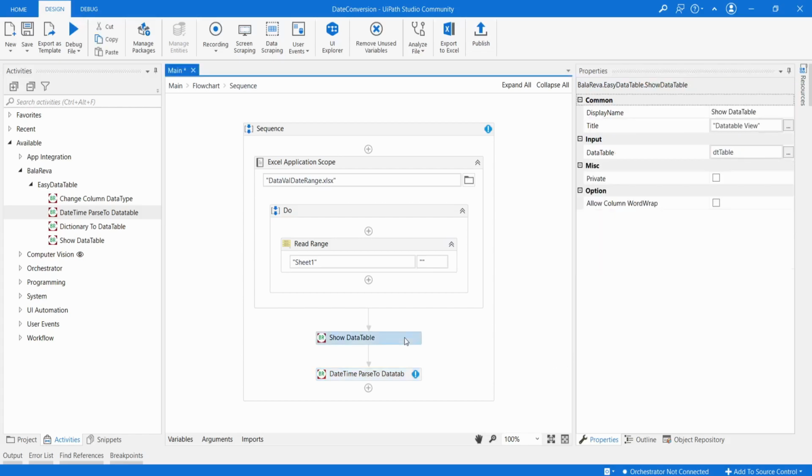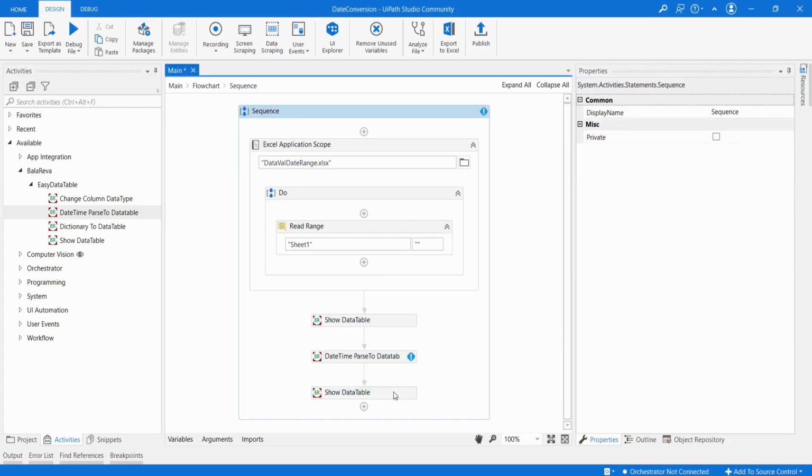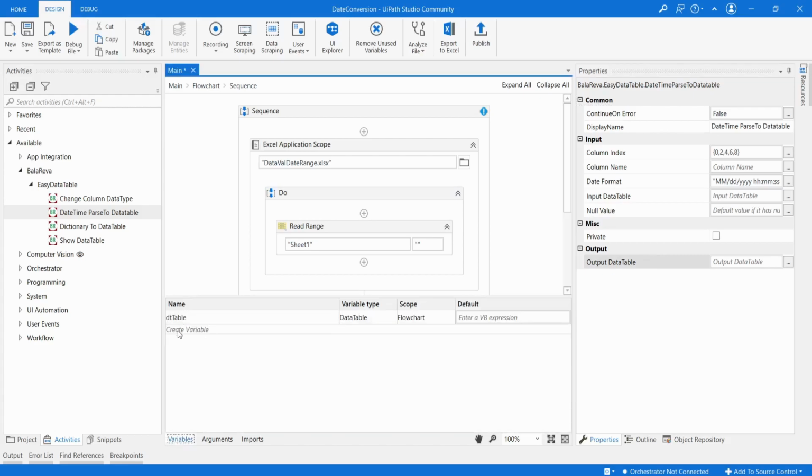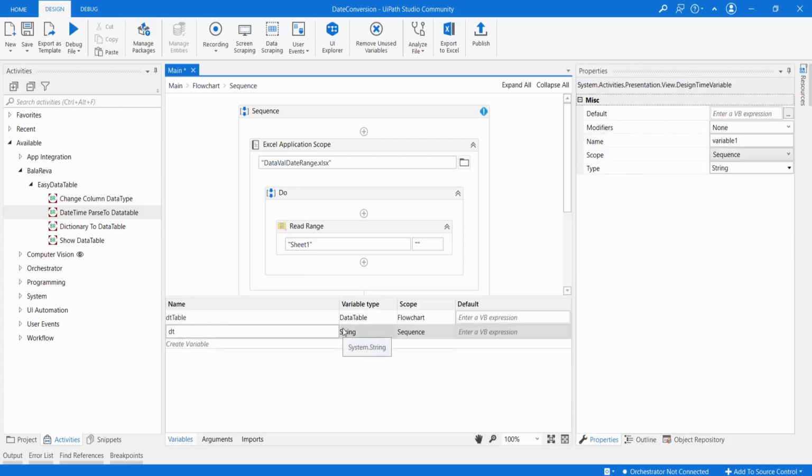So again I'm going to use the show data table because after the conversion we have to see the result, and you have to give the output data table. So here I'm going to create a new data table. It's called dt output, and it's also a data table, and I'm going to change the scope.